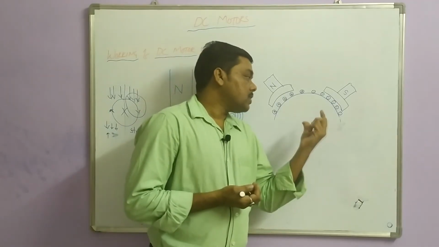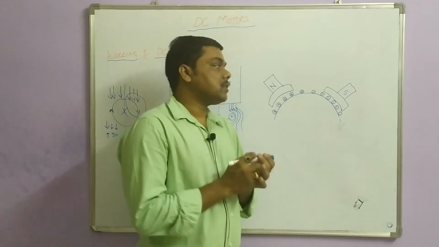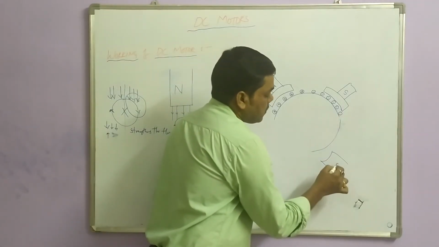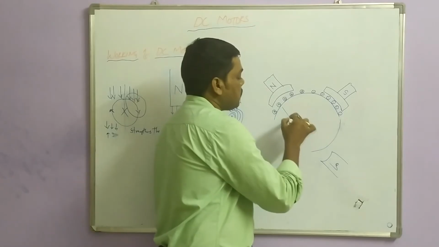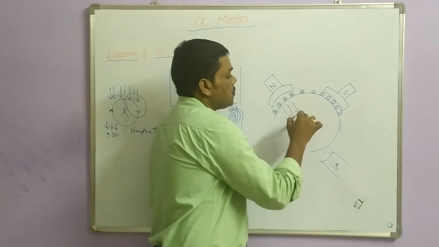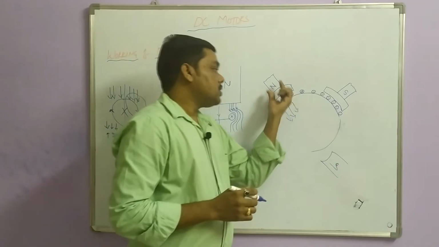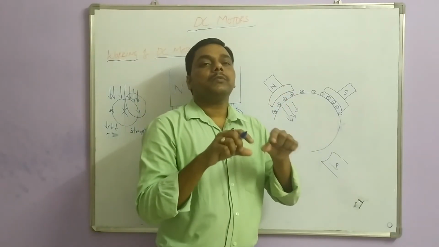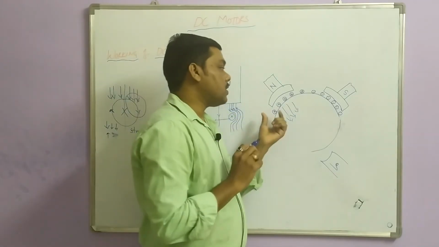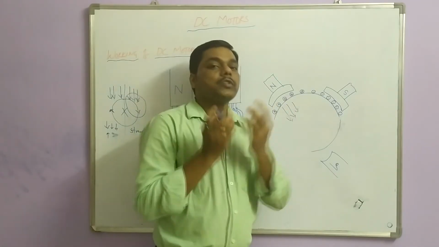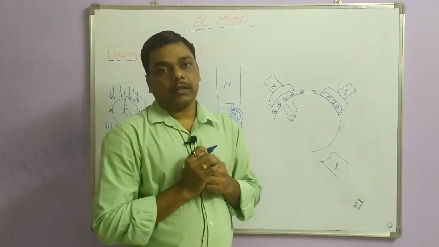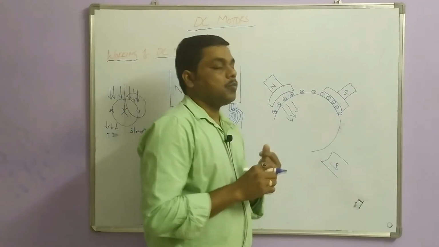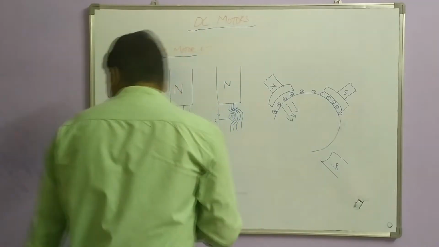When a conductor is placed in a magnetic field, if you close this, we have a south pole somewhere here, so the flux is flowing from the north pole to the south pole. In this magnetic field you place a conductor. So what is the force experienced by this conductor? Now if you see this conductor with one north pole and south pole, I take a side view, you can see here.